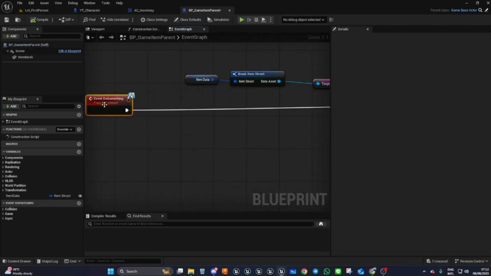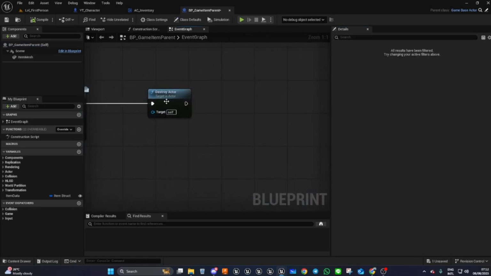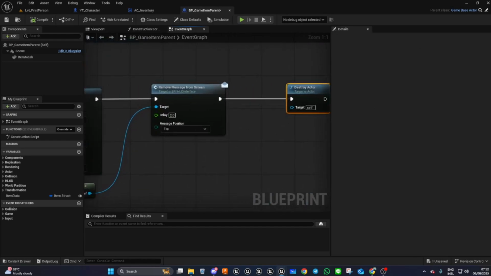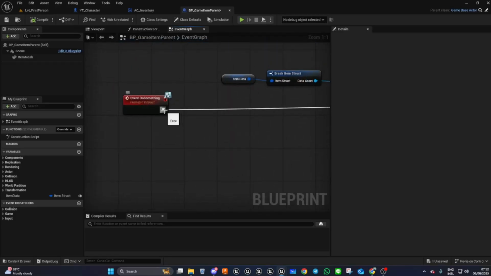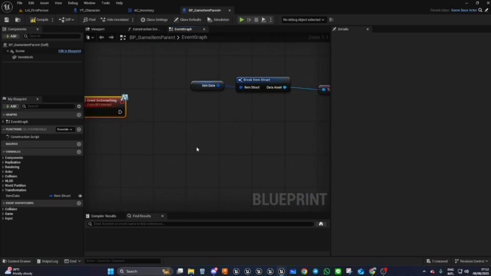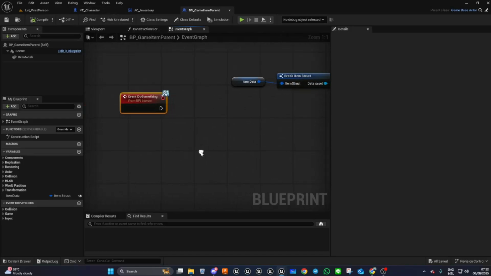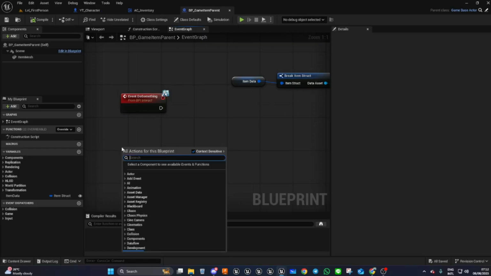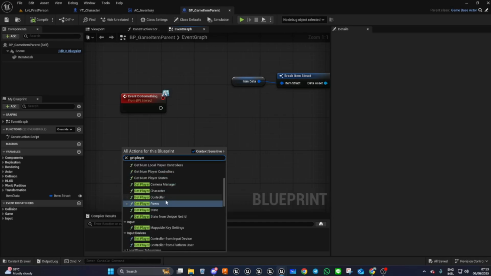Okay, I'm going to drag this off. At the moment, we've got it giving a message on the screen and destroying the actor. We still want that, so we're going to keep it, but we're going to change it instead. So now we're going to want to access our inventory component. Well, in this case, it's quite easy because we know it's on the player character. So we say get player character,